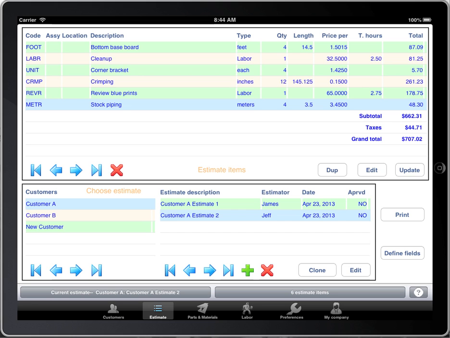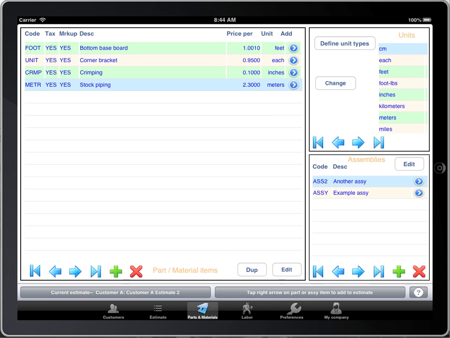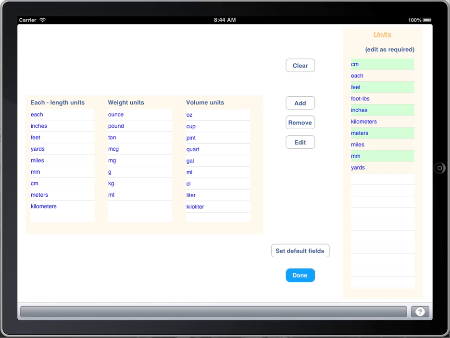Let's go to the parts and materials screen. On the upper right are the unit types. You can define any unit type. There's really no limit to what you can assign. You can have multiple complex unit types like inch pounds or foot pounds. Assign those, click a couple of them, and then click add, and then done, and you've created a new unit